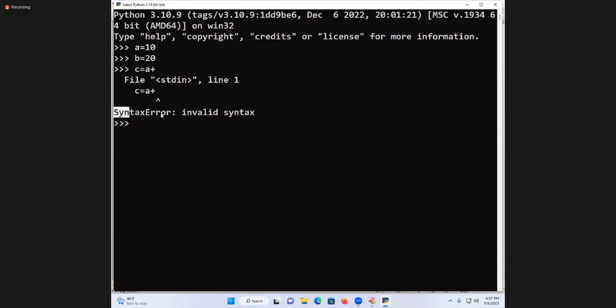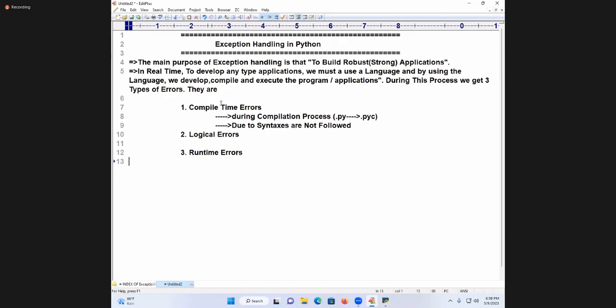Is it a syntax error or not? PVM is getting a problem there. What is the error now? A plus, only plus I wrote it. So I wrote plus over there. Because of plus writing, what is happening? The right side expects one more value or not? What error is it? All syntax errors are called what?